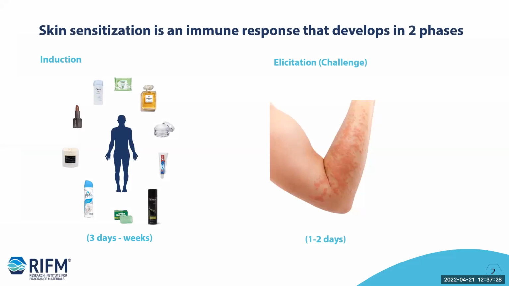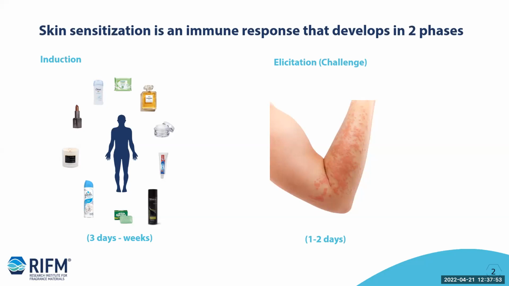Skin sensitization is an immune response that develops when you come in contact with skin sensitizing materials. It's usually marked by redness accompanied by swelling and/or blisters. And it comes in two phases: induction and elicitation. Induction is where a subject is exposed to the sensitizing chemical and your immune system starts to develop towards that